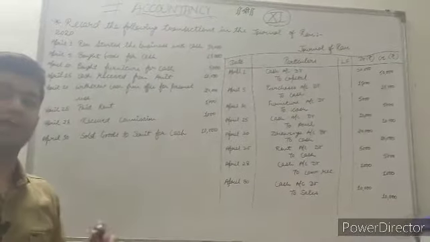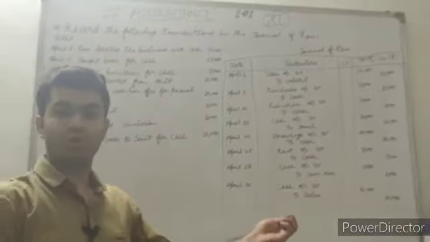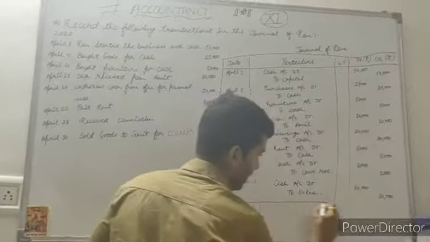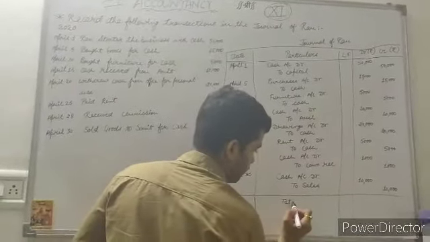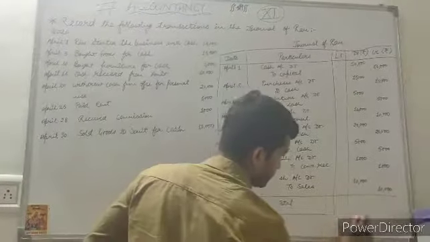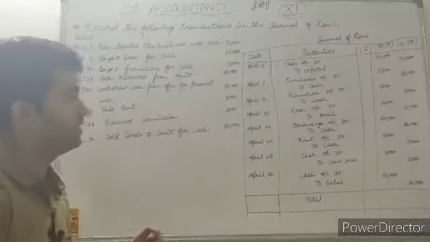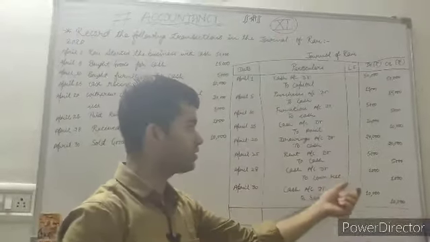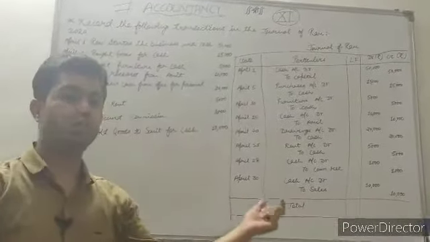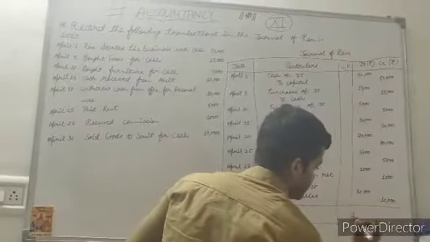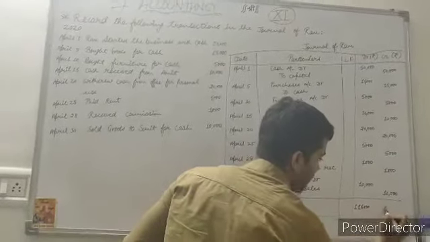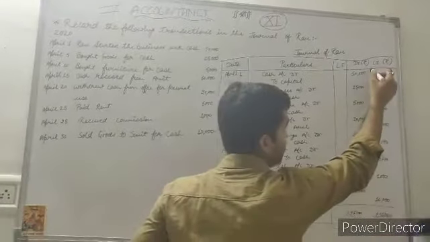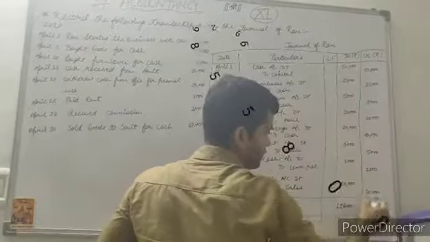In the last, students, what we have to do is the total of all these entries. Just make a line over here in the last and make the total of all the entries. I have calculated all the entries: 50,000 plus 15,000 plus 5,000 plus 10,000 plus 20,000 plus 5,000 plus 1,000 and 10,000. What is the total? 1,16,000 is the final total over here of all the entries. So we have to mention here 1,16,000 and make the line between the debit and credit side also.